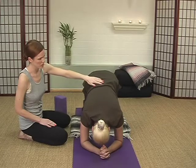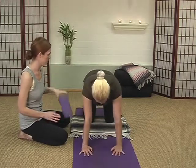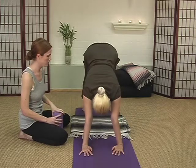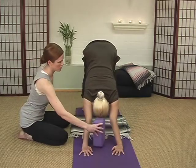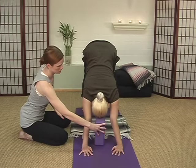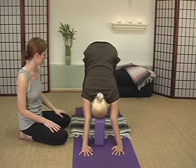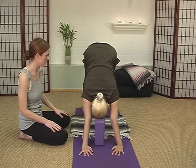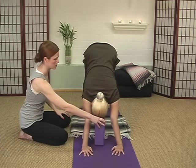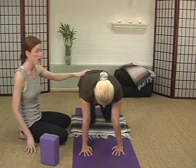We're gonna extend our arms back out and show you an option if you have high blood pressure. Good, so you're just gonna grab your block, or you could have a pillow, books, anything that you have at home. Good, and just release your head there. Does it feel okay? Good, and again, just repeat and do a couple times. And I'll slowly release this. Good, and gently come all the way down, and we're gonna come to the wall and do our next pose,